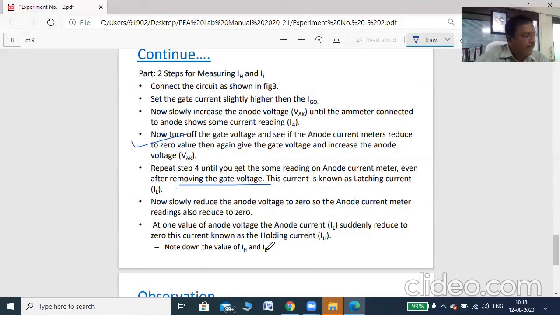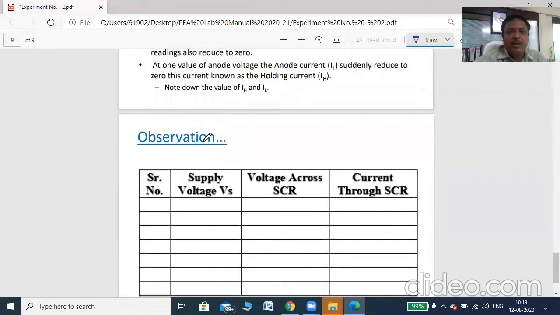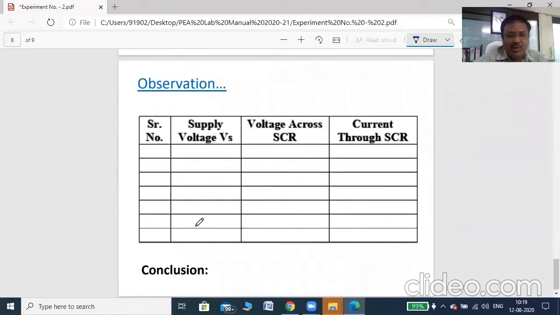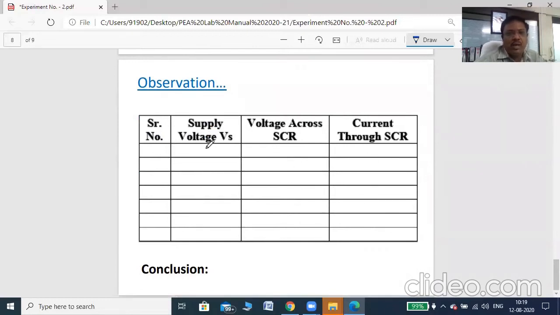Okay. So this is about the SCR characteristics: supply voltage, the voltage across the SCR, called VAK, and the current through the SCR. As the supply voltage is 200 or 100, the voltage across the SCR may be 100 or maybe 99, and at that time whatever current. So the current may initially be 0, 0, 0. At a particular value of SCR voltage, the current suddenly increases, like 3 milliampere, 5 milliampere, 10 milliampere, and so on. After that, your current increases, right?